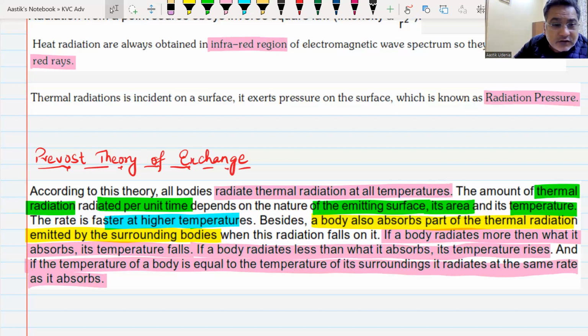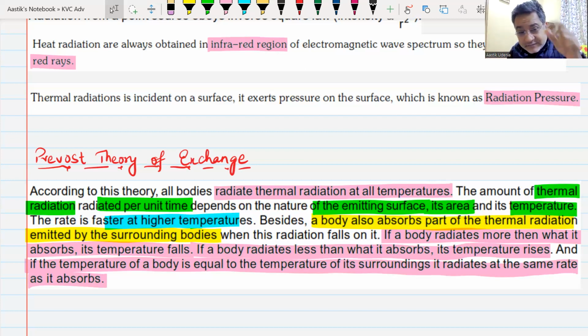I don't know where you are getting all these fancy ideas of temperature getting less than absolute zero. Absolute zero is not possible. Therefore, it is not possible for a body not to emit radiation. And that is the first line that is there: all bodies radiate thermal radiation at all temperatures because temperature cannot be 0 Kelvin. That is not possible.